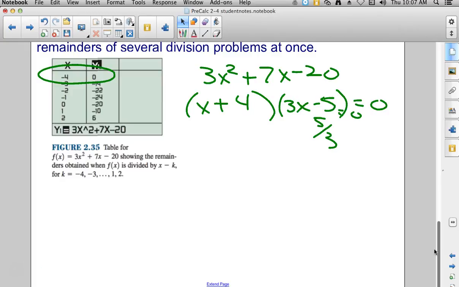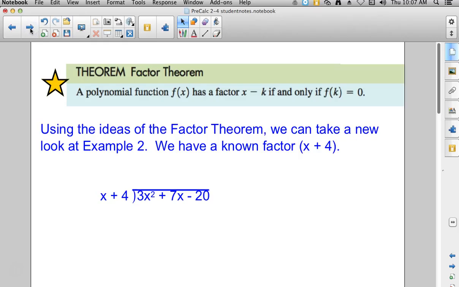So sometimes we will use the calculator just to get us started and say, okay, here's a factor. Now, let me divide that one out and see what's left. What do I have? Is the rest of this factorable, or am I going to have to go with the old GC to get the rest of it? So the factor theorem up here says a polynomial function f of x has a factor